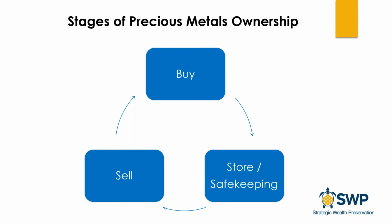So long story short, if you go online right now and search how much precious metals should I own, the typical answer, if there's an answer at all, is going to be 5 to 10% of your portfolio. And if you don't own any precious metals right now, I can tell you that owning some is better than none at all. But that number of 5 to 10% was based on a study done back in the 1980s,